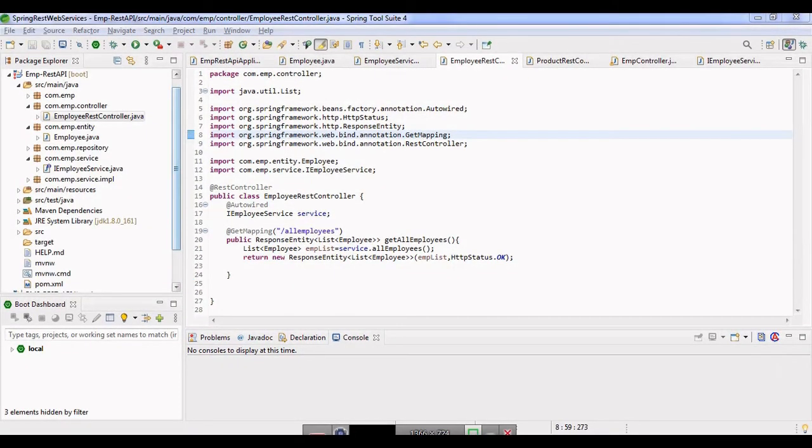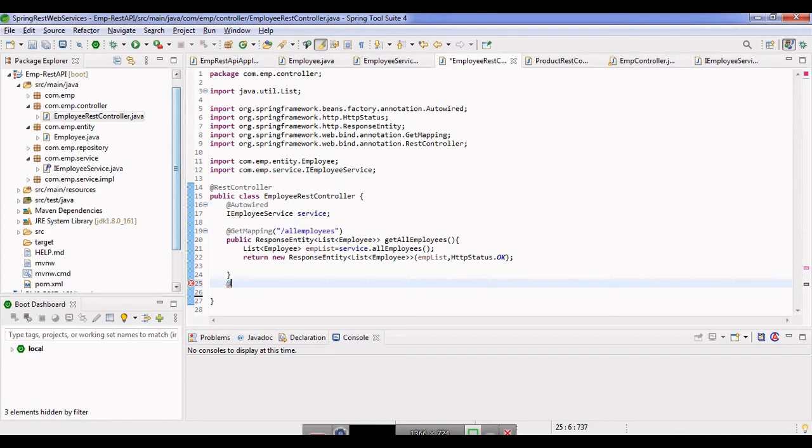Okay, now let's write down the code for the next endpoint, that is to get a particular employee for a particular ID. So again it's @GetMapping only.